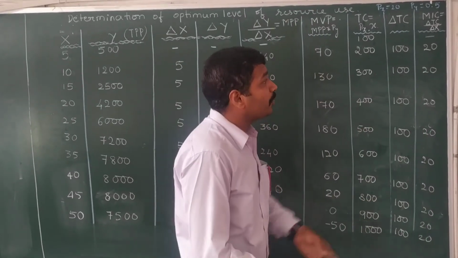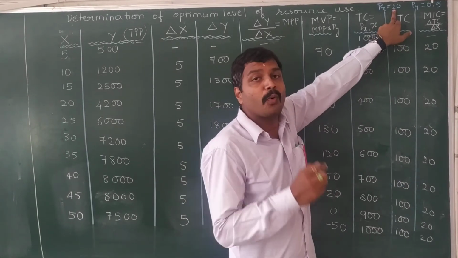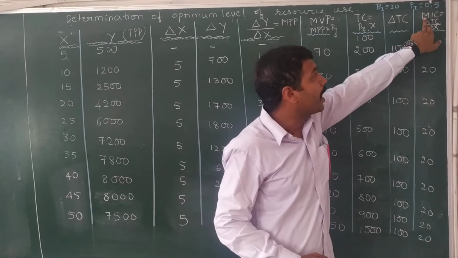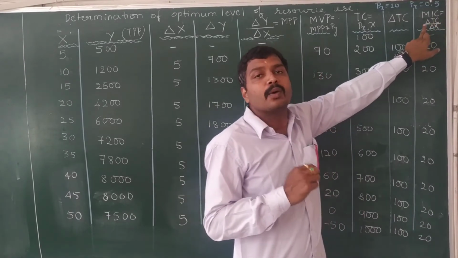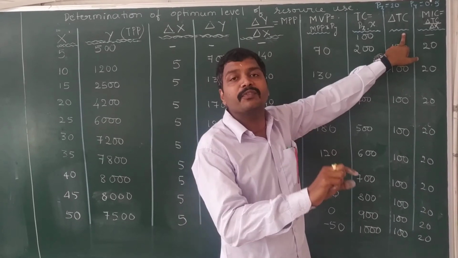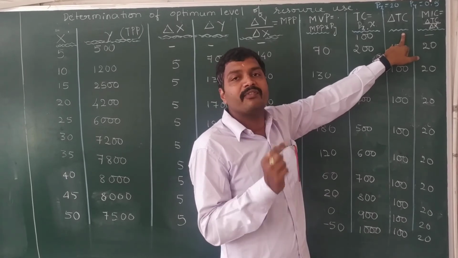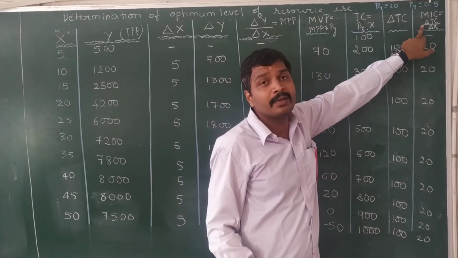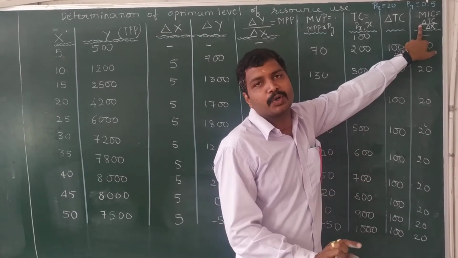Okay. So what does it signal? It is nothing but the price of input. So what you need to remember is that marginal input cost is nothing but the price the farmer pays in order to purchase that particular unit of input. So marginal input cost or marginal factor cost is nothing but the price of that particular input.